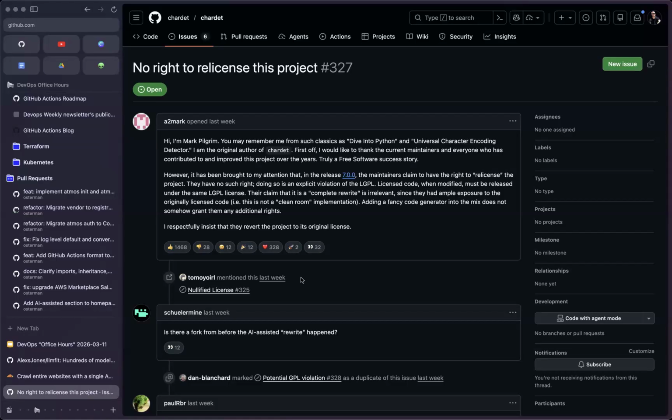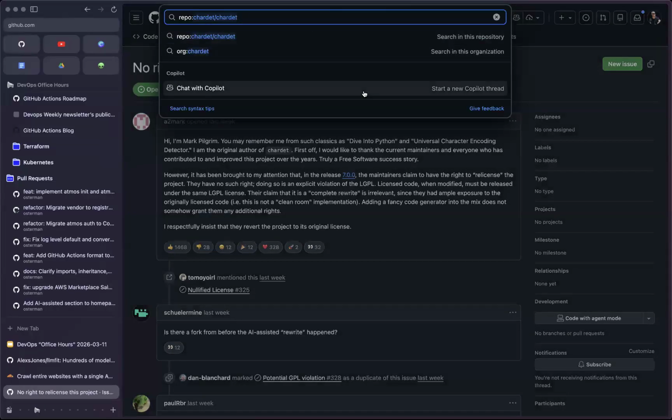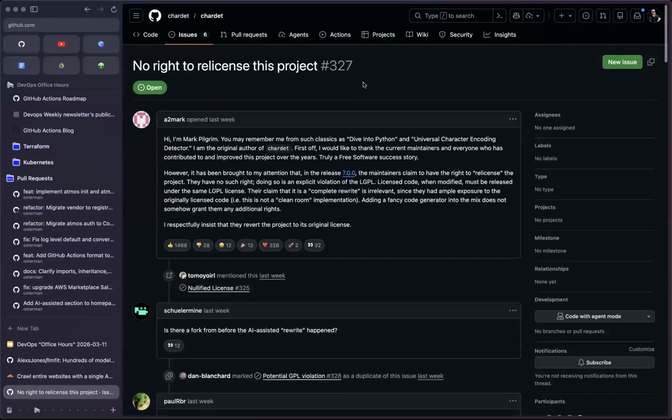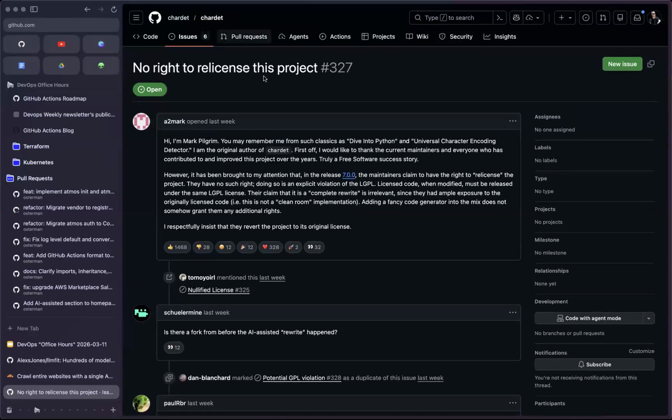It's a popular project that's been around for a while. I'm not sure of the entire history of it, but I'm guessing it was a fork from another project. But the original project was licensed LGPL, which is the lesser GPL license and a little bit more toxic.